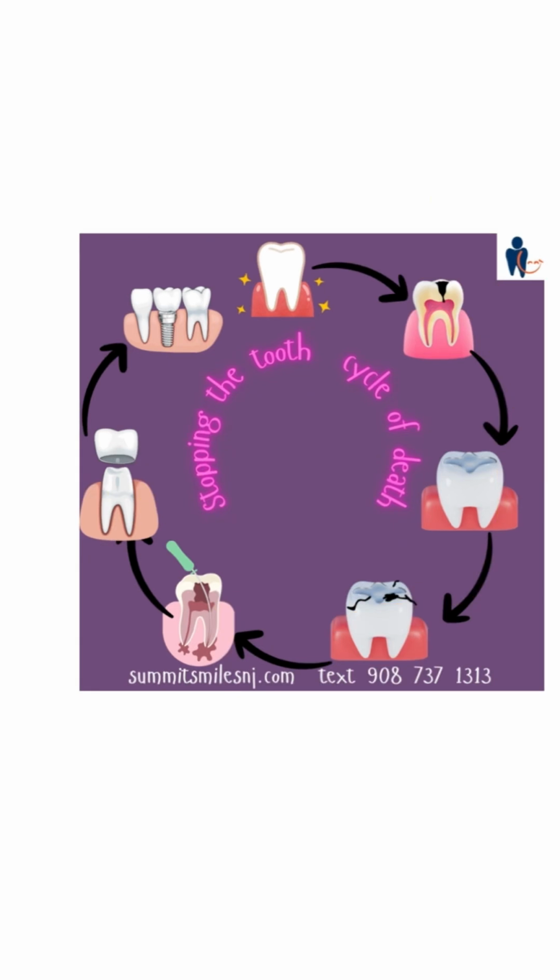So how do you stop this cycle? Well, if you come to me here when you have a small cavity, I will keep it very, very small. I remove the minimal amount needed to bond it together. If you come to me here